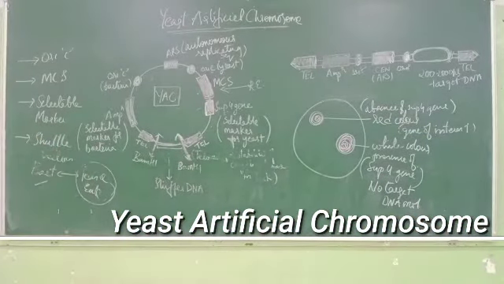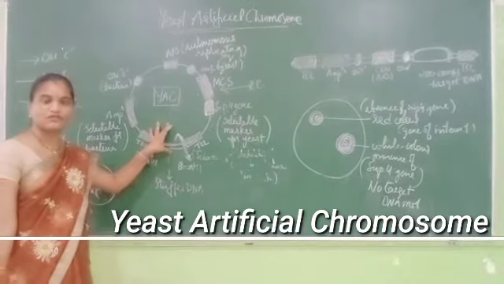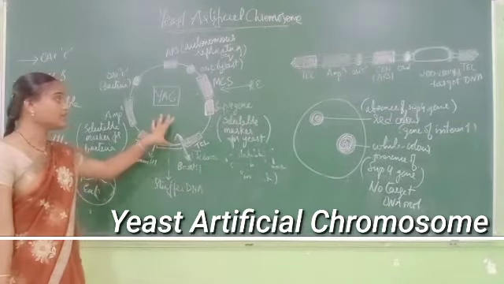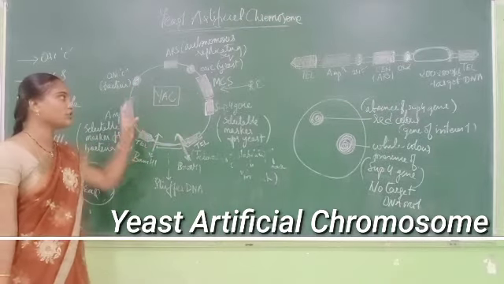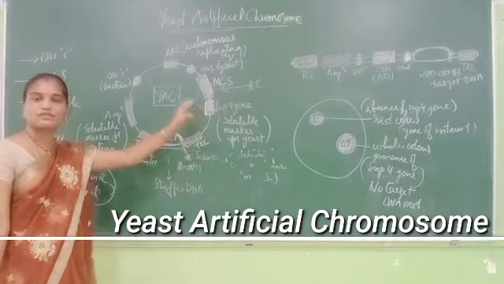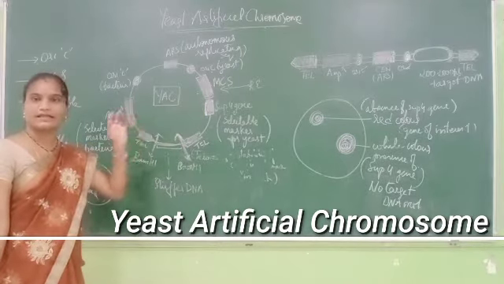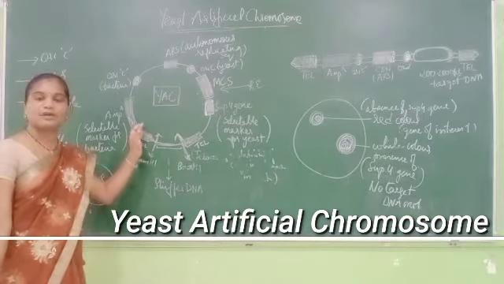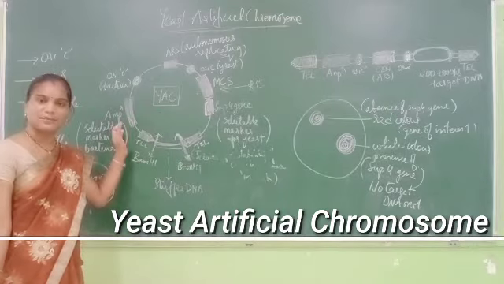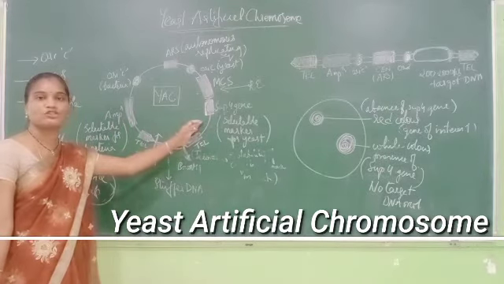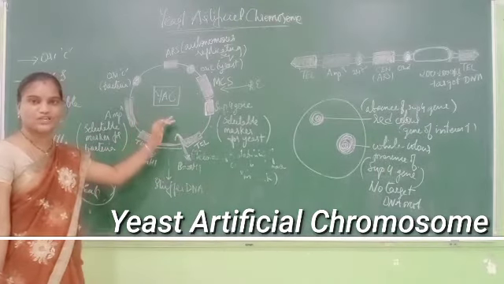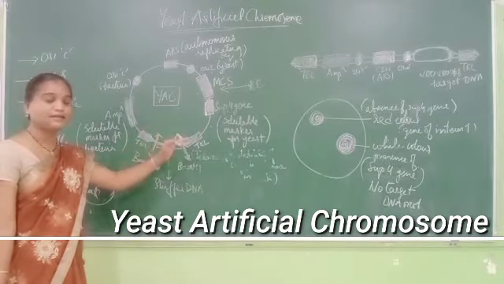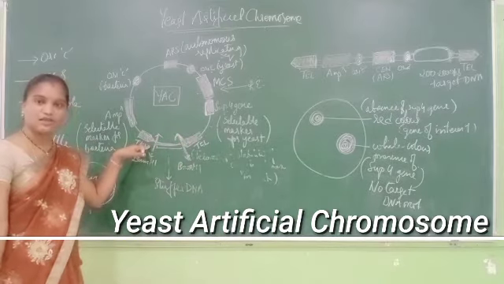See, once again I am repeating the working of YAC. So these are the features of YAC, already we have discussed. It has the ORI site of both bacteria as well as yeast, and multiple cloning sequences of both yeast and bacteria is the same, and selectable markers for bacteria, that is ampicillin resistance, and SUP4 gene of yeast as well. This is the same construction of your shuttle vector. As well, added to that, telomeric sequences are also present.